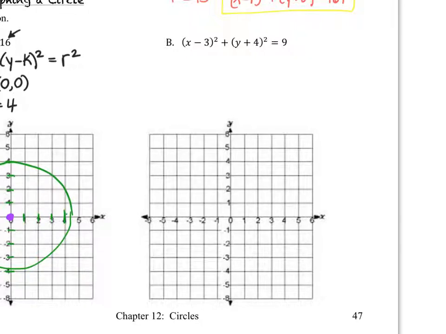Now, if you want to challenge yourself, go ahead and pause the video right now. Write down all the important information and try to graph your circle. If not, let's just keep on going. What we're going to do is start out by identifying the center h comma k. And remember, the way that we're going to do that is we are going to recall the general form. This is what's going to guide us. So we are able to easily identify the center of the circle h comma k